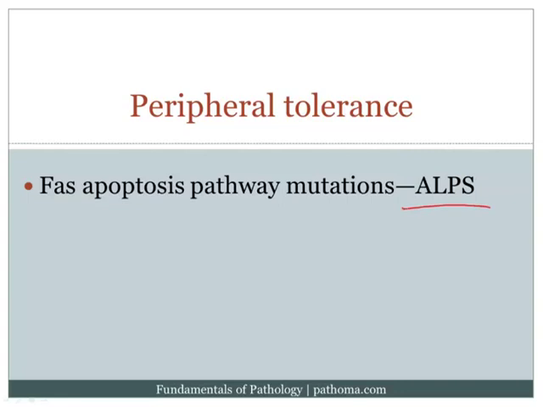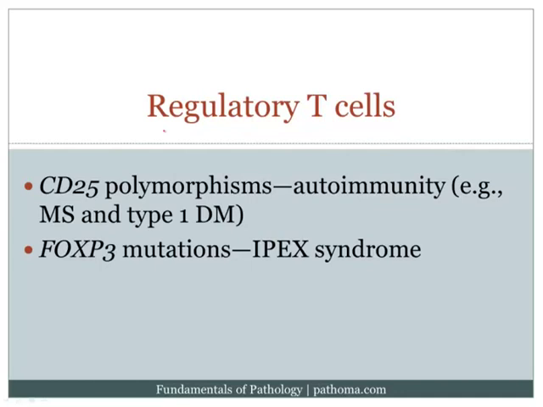Now again, you're never going to see this disorder because it's extremely rare. But why it's important is because it highlights the essence of peripheral tolerance and how important it is in getting rid of self-reactive lymphocytes. And so this is something to be aware of as well, especially because it ties into some basic immunology. Now we do have a third way by which we can protect ourselves against self-reactive lymphocytes, and that is through a special subset of T cells called regulatory T cells. Regulatory T cells are CD4 positive T cells that suppress immune responses.